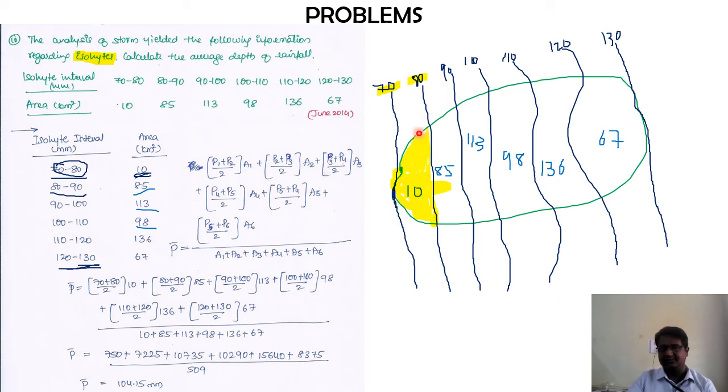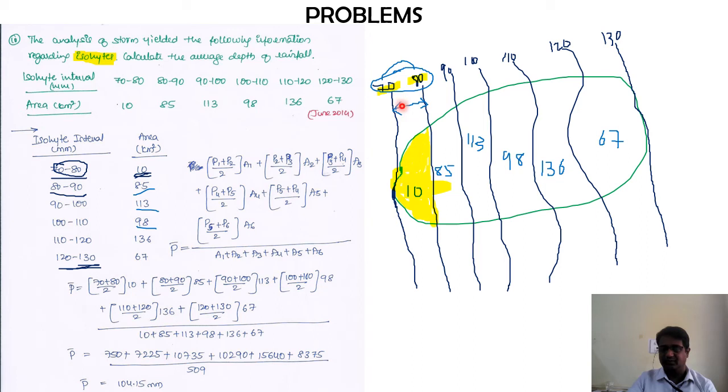Now what is the amount of rainfall that is happening over here? That is based on the assumption that since it is covering between the 70 mm and 80 mm rainfall, you obviously know the rainfall that is going to occur in between these two contours will be between 70 and 80. So that's why I will take the average of this 70 and 80, and I'm going to assume that is the average rainfall that is occurring on this particular portion of the catchment area. I hope I am clear with this.